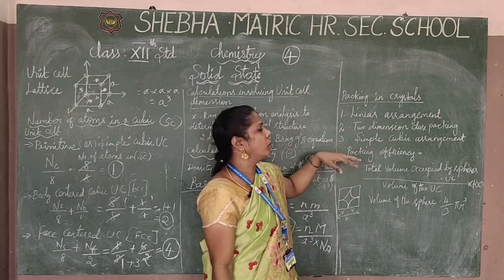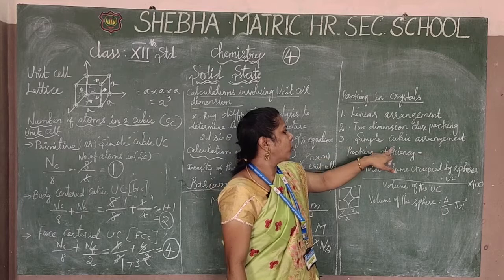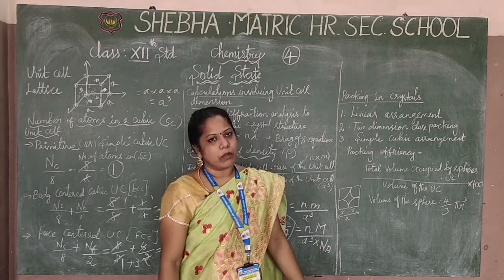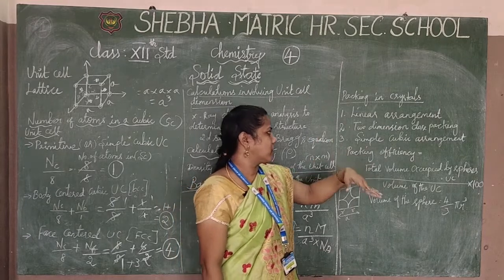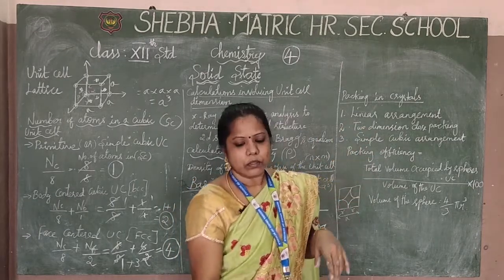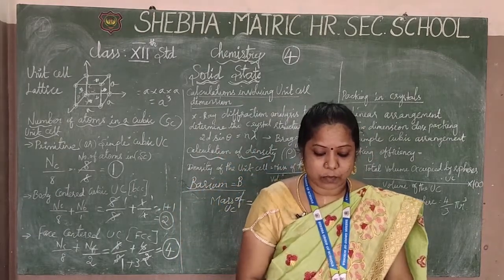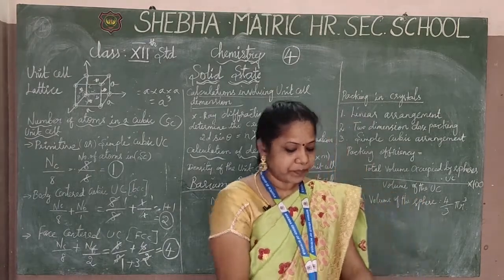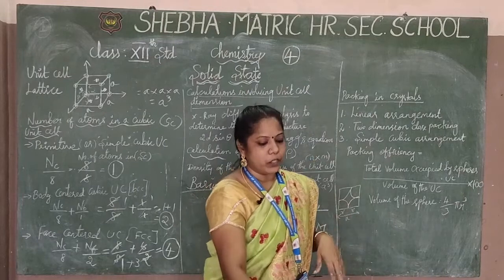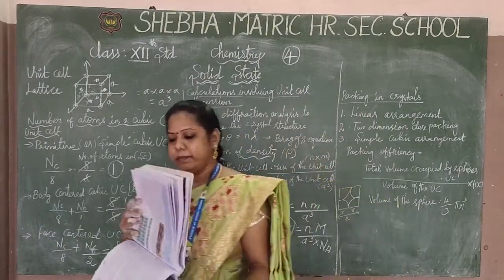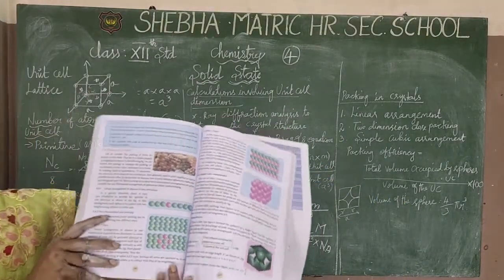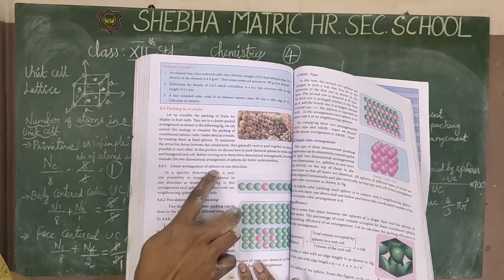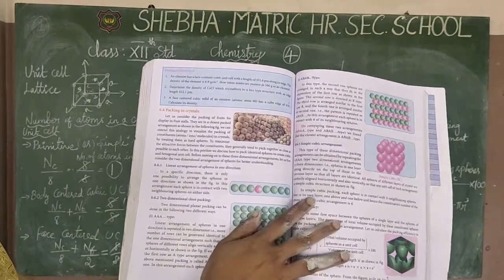I will show in the books. And then simple cubic arrangement and body center, and obviously the face centers are also there for the packaging of crystals. I will show you the diagrams through these books, then only you can get those points. So that is linear arrangement. See this book, linear arrangement, the spheres in one direction.